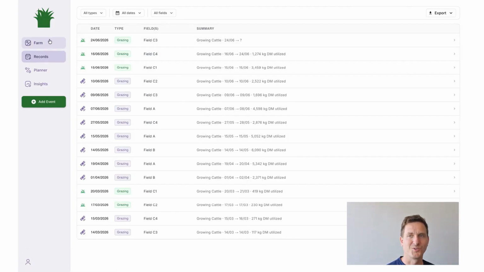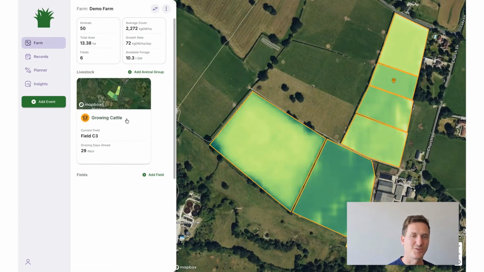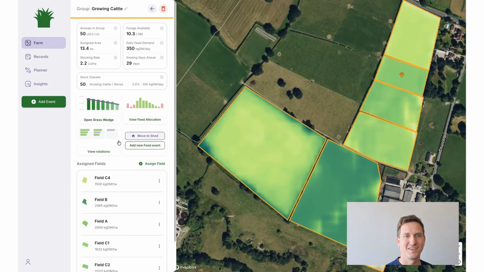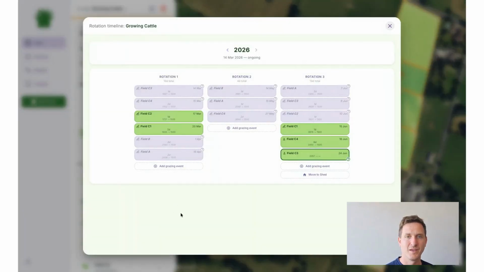But you're not going to be able to track all your movements, so you may have forgotten or you have some data that you want to backfill. You can do that in 2 different ways. One is you select the animal group that you want to add a grazing event to, click on View Rotations, and then you will see this overview where all the grazing events for an animal group in a given grazing